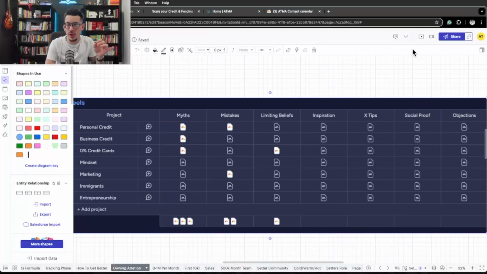Social proof, it could always be a testimonial or results. Objection, X tips. I like the X tips because if you want to knock down, like, here are three tips about business credit cards, and then boom, boom, boom, boom, boom. Here's the main limiting belief about personal credit. And then inspiration. You can have inspiration about 0% business credit cards. You can be like, here's how I quit my 9 to 5, or how I stopped doing Uber by using